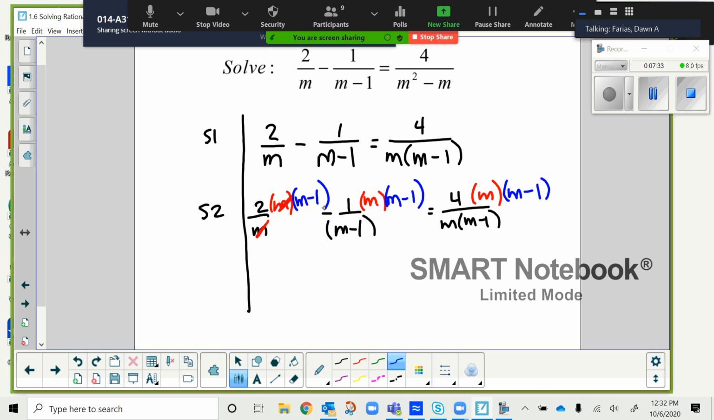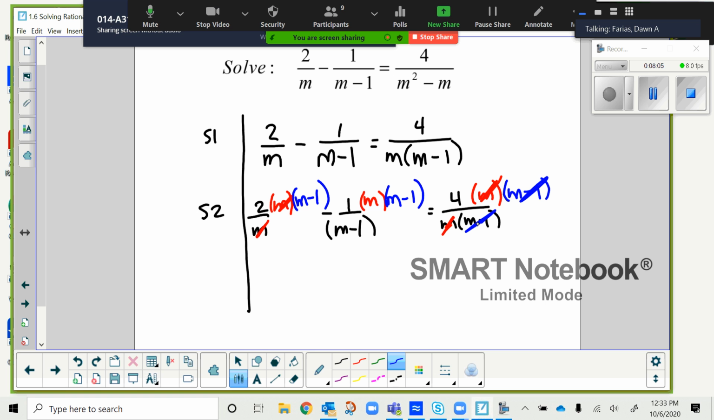So on the right-hand side of your equation, the red m on top cancels out with the black m on bottom. And the blue m minus 1 on top already cancels out with the m minus 1 on bottom. There's nothing left in the bottom on that right-hand side. So you don't have to multiply everything by anything to take care of that part. In the middle, though,